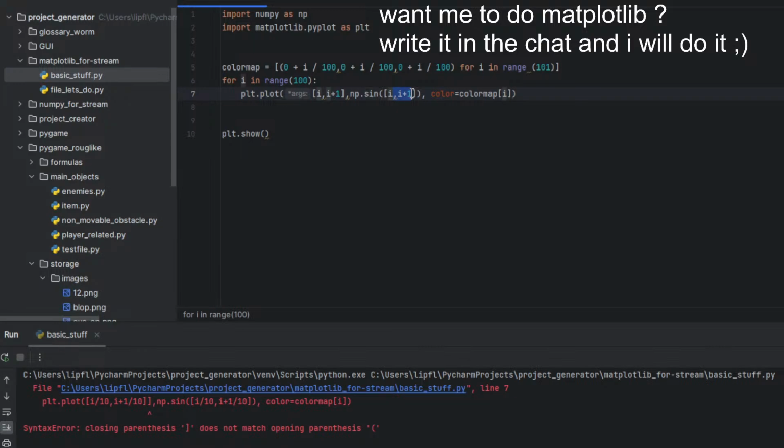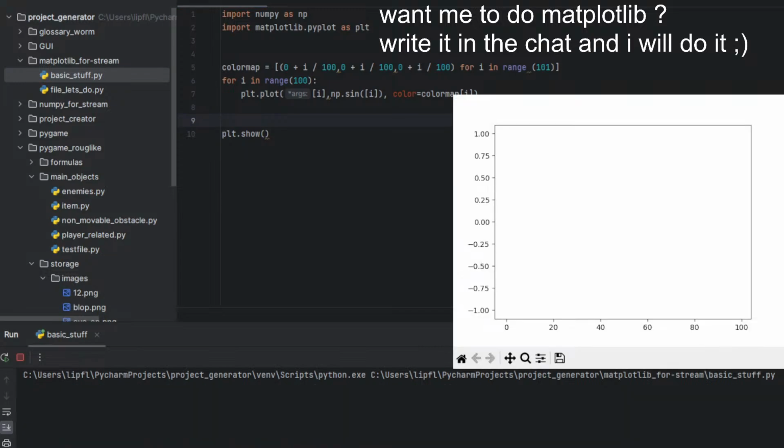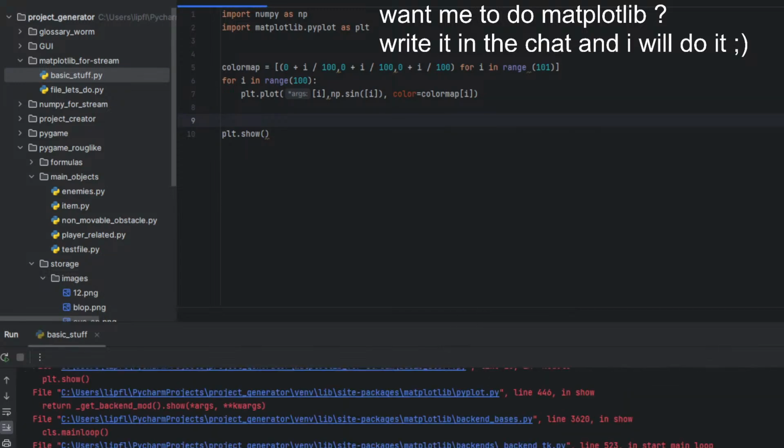We only need one like this one, i and i. I plus... No, not like this.